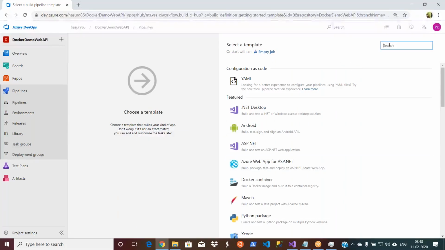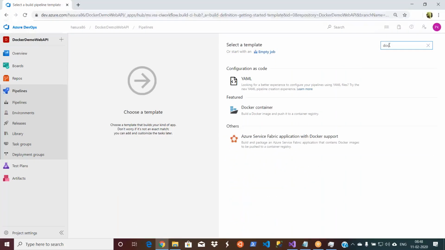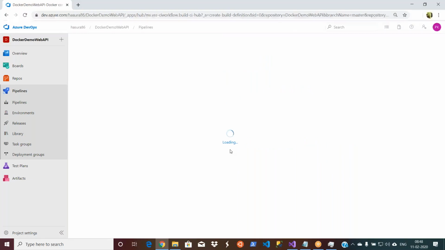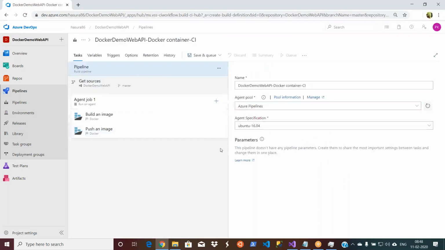So the template that I'm going to select is a Docker container. Okay, build a Docker image and put it to a container registry. So what we have right now, we don't have the container registry. We need to create a container registry. That means I will show it here and then we will go and create. So right now you see,